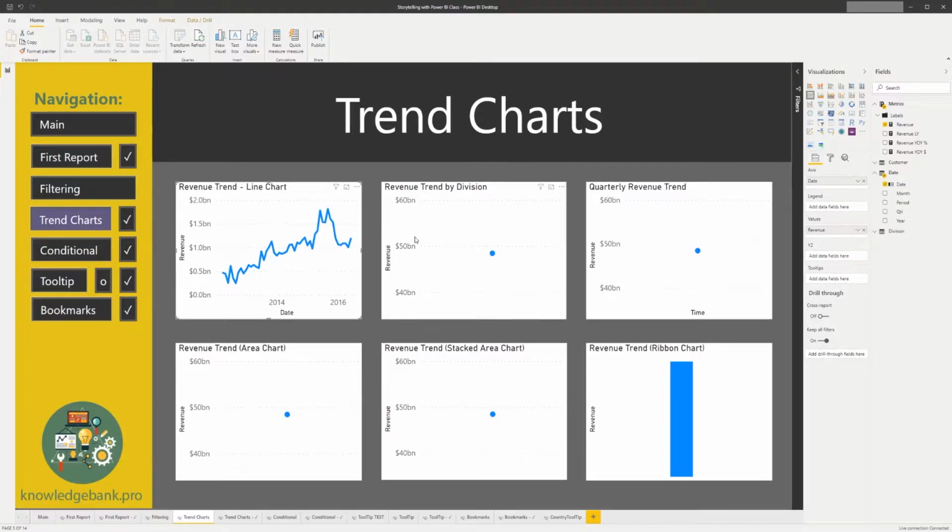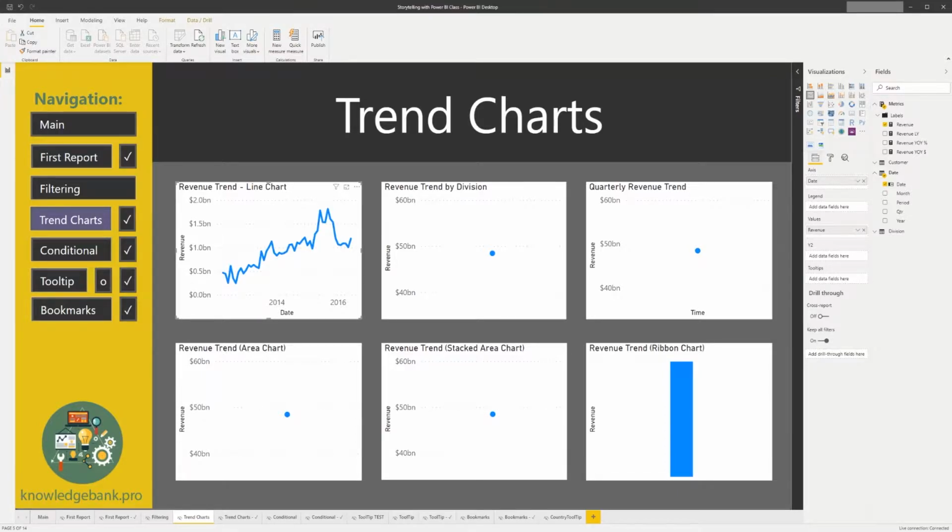To make it a little bit easier for people to understand what we're trending without having to mouse over, it's a good idea to click on the paintbrush or format option, go into the title, and type in the title. In this case, I'm just saying revenue trend line chart, but you could say revenue, costs, and so forth. So that when a user is looking at the chart, they have an idea of what we're trying to show. As I said, we can show more than one line on a trend chart, and one of the ways to do this is just to drag another metric into the values